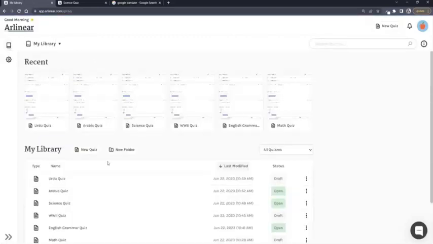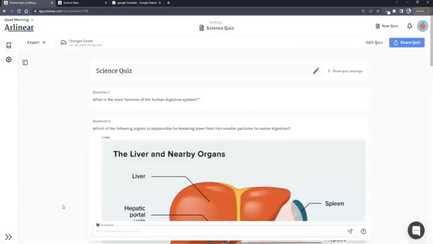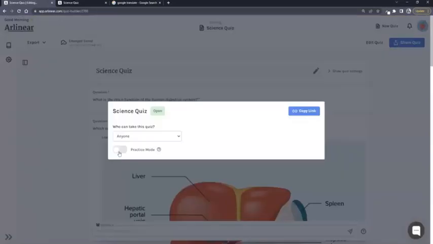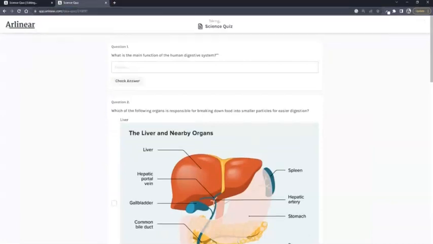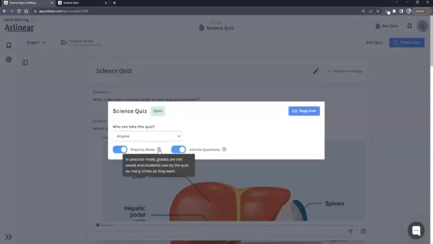Okay, before we sign off, I'm going to show you guys one more thing that you can do with the tool, and it's a thing called practice mode. So this allows students to get instant feedback on their quizzes. When you turn on practice mode, it does not record the grades of students. It allows them to take the quiz as many times as they want. And if you have this button over here that says infinite questions turned on, at the end of the quiz, you can hit a button that says keep practicing, and the quiz will automatically generate new questions as practice material. So they can continue practicing